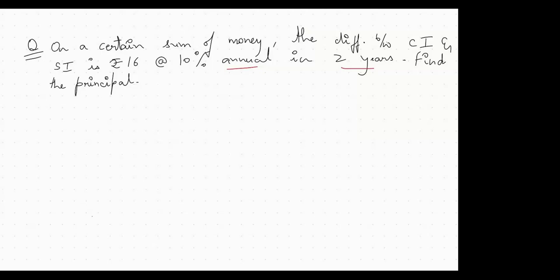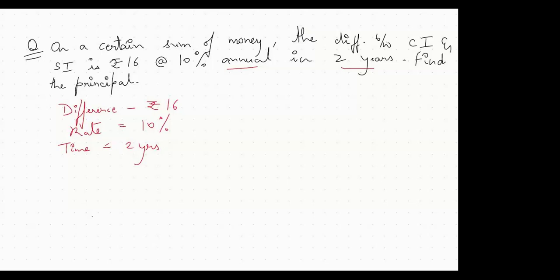Difference between CI and SI, rupees 60, rate, that is R, 10%, and time, 2 years. Okay. Now the formula that I'm going to show you is derived out of simple interest and compound